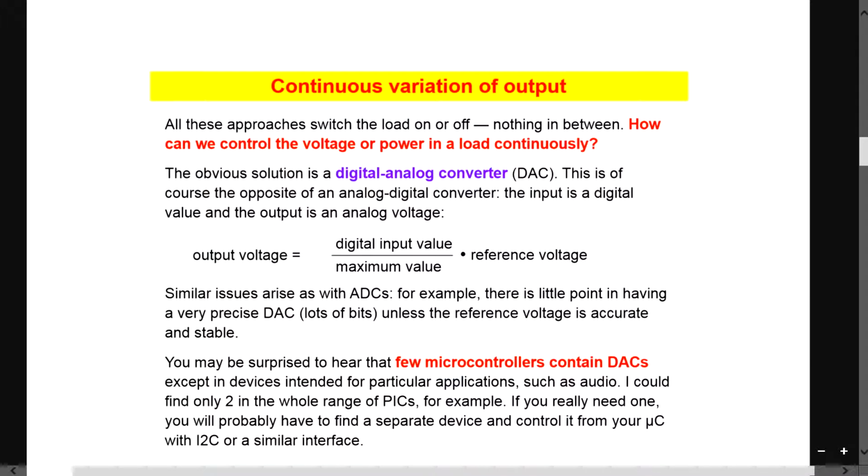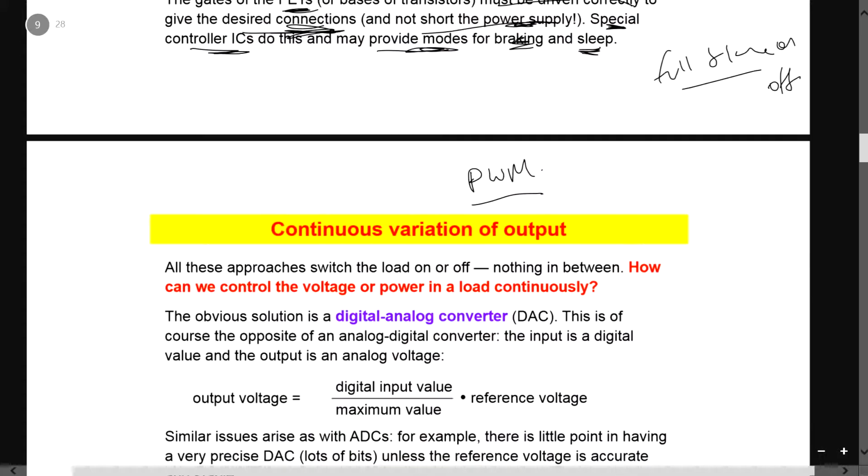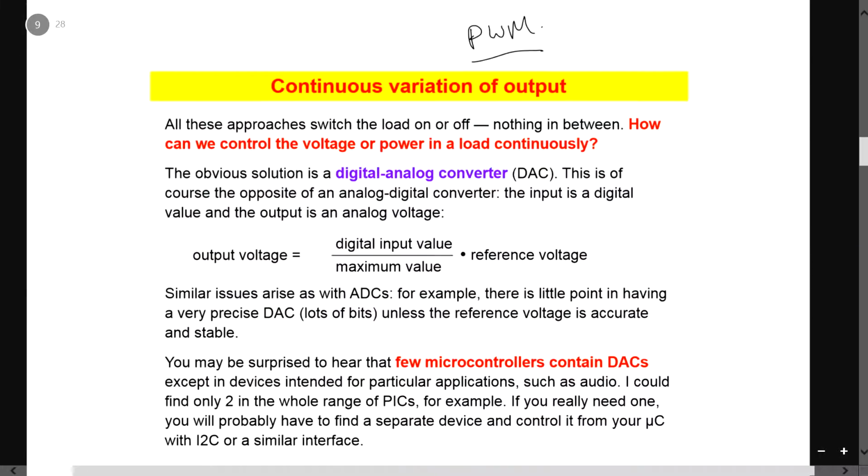In order to actually drive your motor, you require pulse width modulation. This is the purpose of it. We can drive our motor, but we cannot vary the power. It's only full power or no power. We cannot have something in between them, or you can say from 0 to your